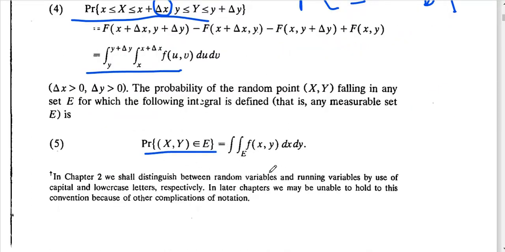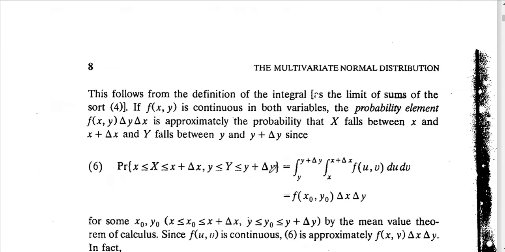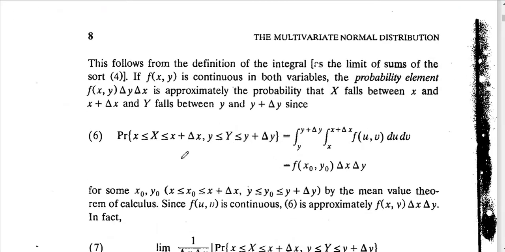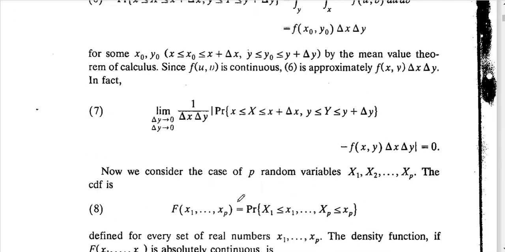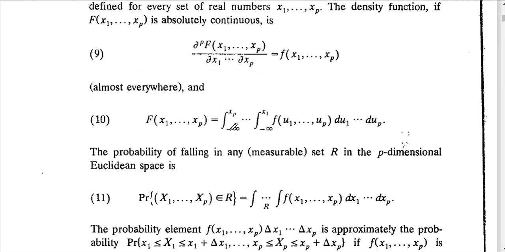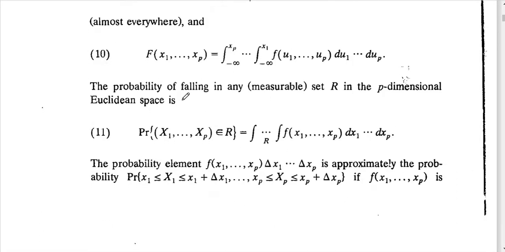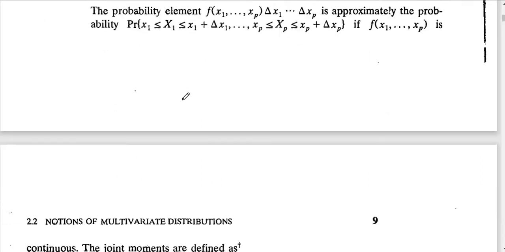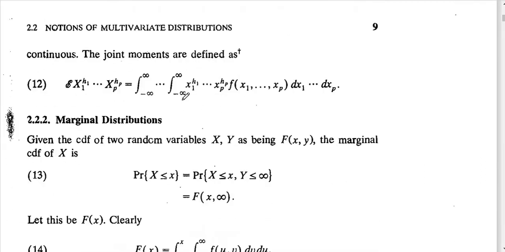This is how we can find integrals. This is also related to that approximation. When you apply delta y tends to 0, the total term goes to 0. These are all things you know already, you can just remember them before going to the multivariate normal distribution. Now how can we find the marginal distribution?